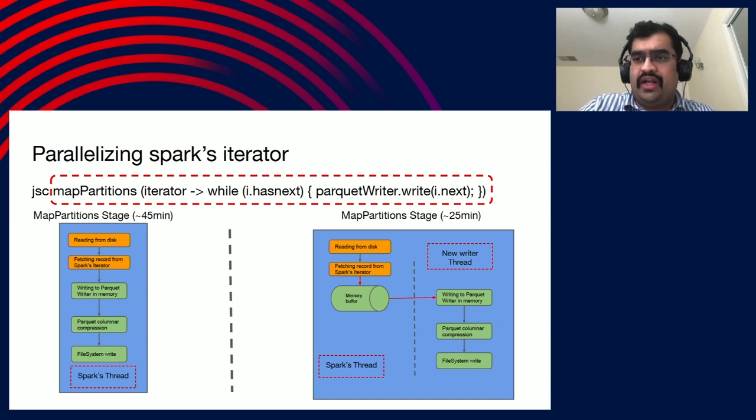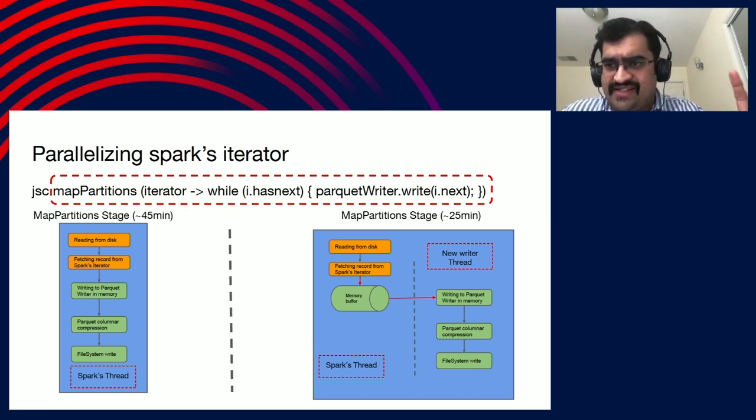Now let's look at what happens as a part of this operation. I'm focusing on the left side. The color coding is this way: orange means everything happens in Spark land, and green means everything happens in user land. Whenever you are performing i.hasNext, Spark has to figure out if there is any record or not. So it is going to hit the disk, read the stream, see that I have a new record, and return true. Whenever you say i.next, it will return you the next record.